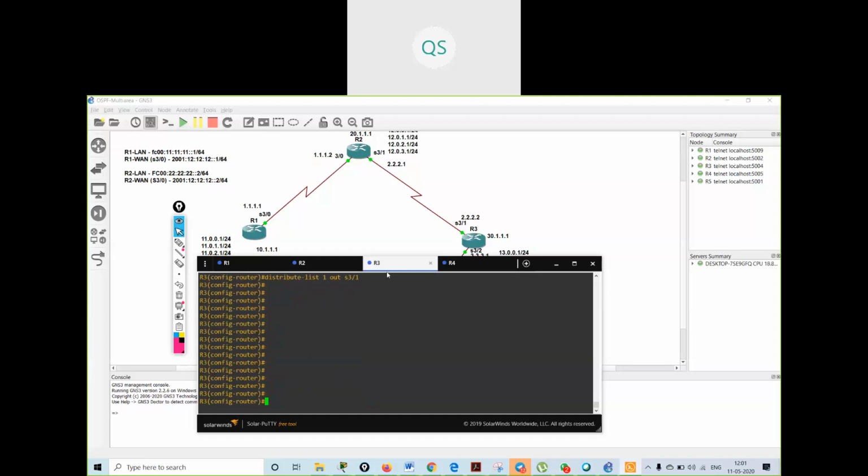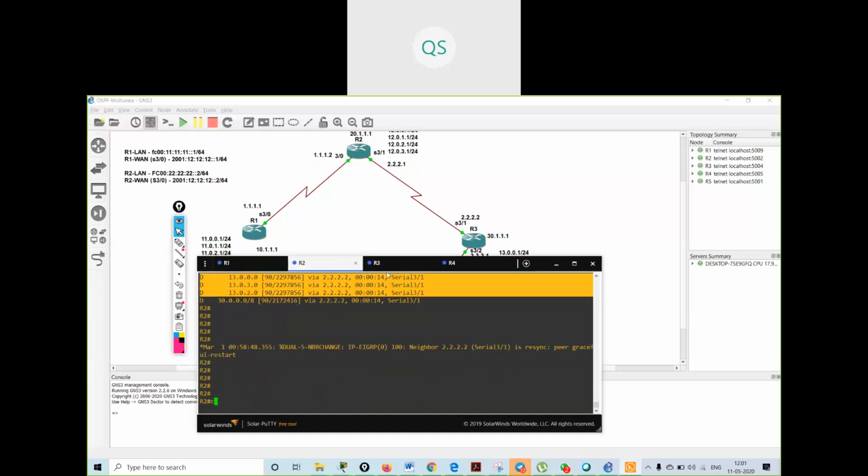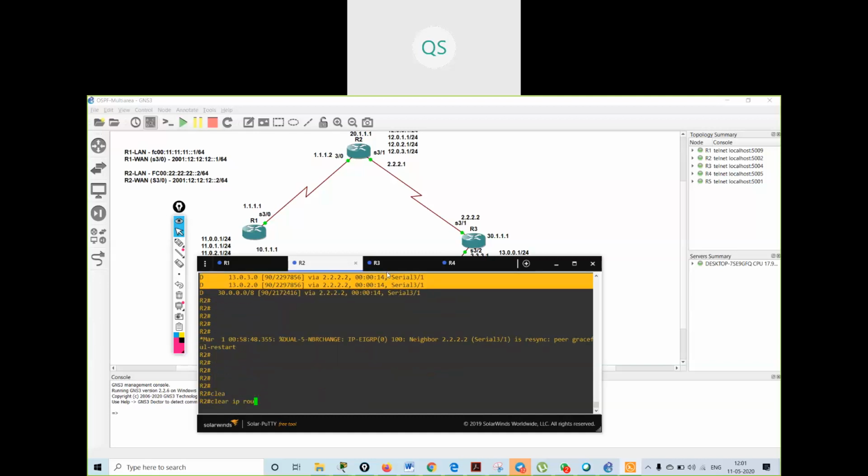Now I will give the command clear ip route star. See, I got an update resync. Now I will go on R2 also and say clear ip route star.